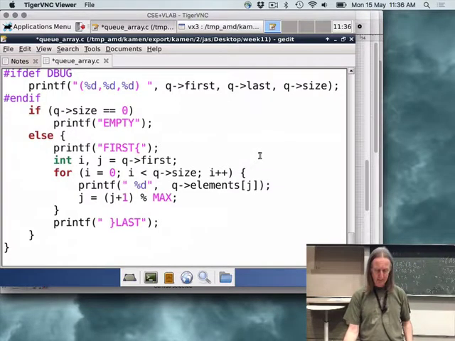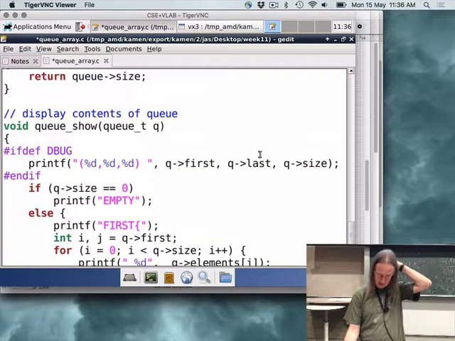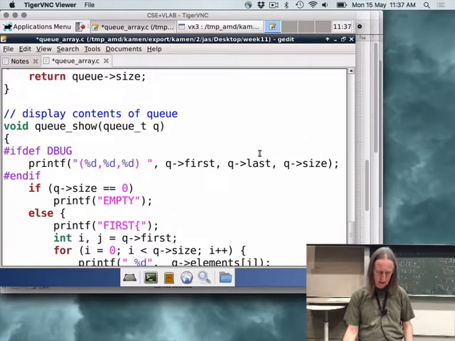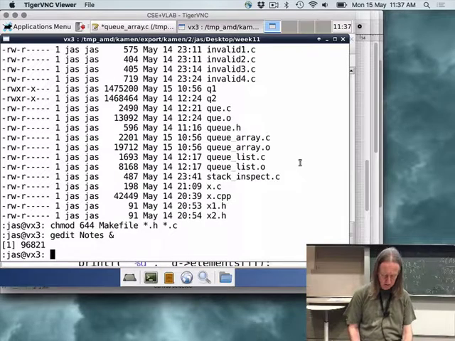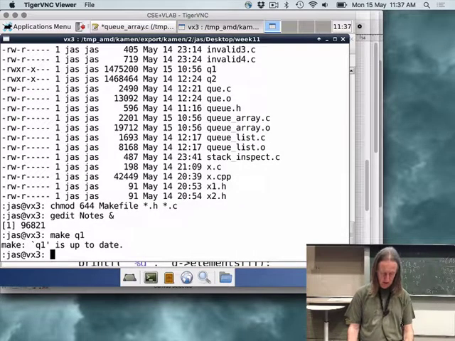All right. Okay, so let's see how well that works. And I've told you it's buggy, but let's make it work up to date.